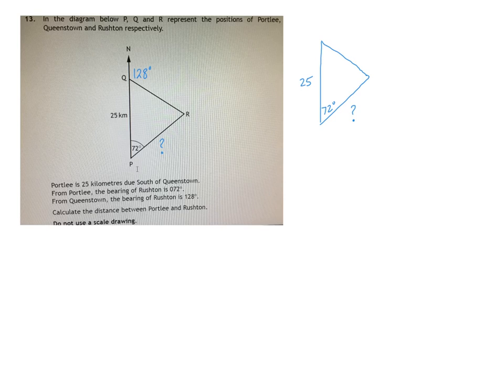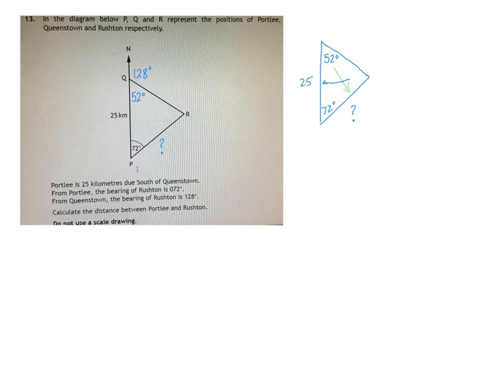So we've got here this line, it's a 180 straight line, so we can find this angle that we've got in here. So it's going to be 180 take away that 128, which gives us an answer of 52 degrees. So we know that in there, that's 52 degrees. So we can take that into here. The side we're trying to find is the one opposite the 52. So that's fine, but the one we've got is the 25, so we need to know what this angle in